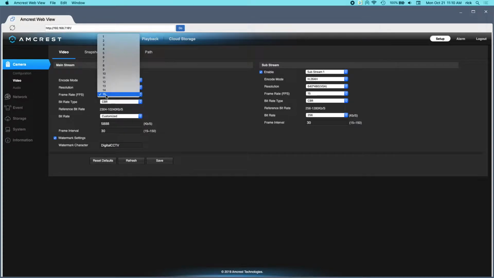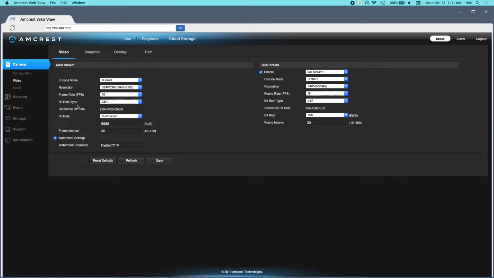And then the frame rate is 15. So that's the max frame rate at 4K. If you go down to like 1080p, you can up that to 30 frames per second. But typically you're not using these to like record sports or things, it's just for security. So that's why the frame rate is lower at 4K. You don't really need that 30 FPS for this application. And it would cost more to have a higher bit rate. I know you can get like an action camera with 4K 60 FPS, but that's not really needed for most